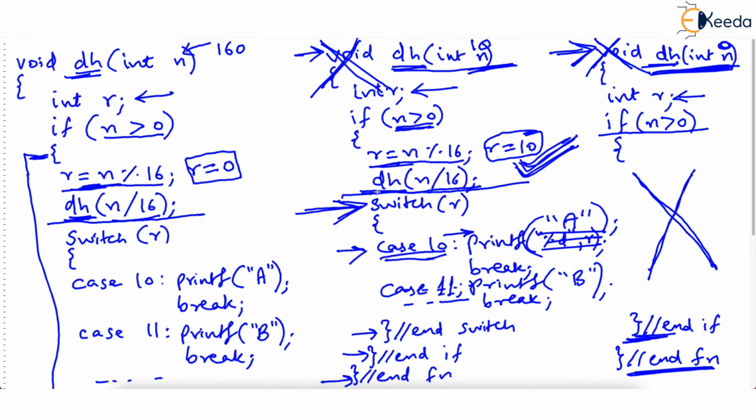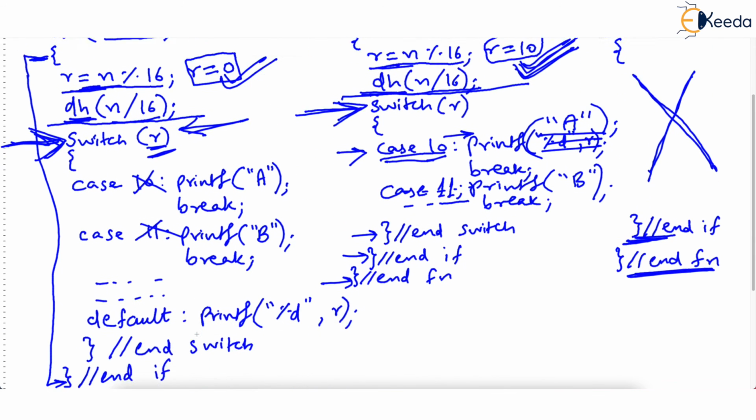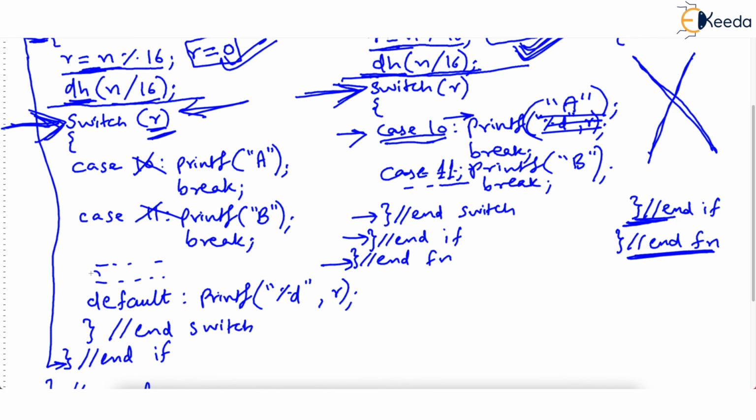But that will make the calling function resume, and the calling function will resume from the switch statement as I am marking here. It will resume with the switch statement, isn't it? And what it checks is what is r. Now you watch, r is 0. Then r isn't 10, isn't 11, correct? It is not 12, 13, 14, 15. So all the cases from 10 to 15 will be false. So ultimately, if all the cases are false, default runs.